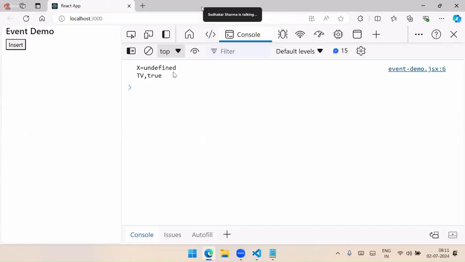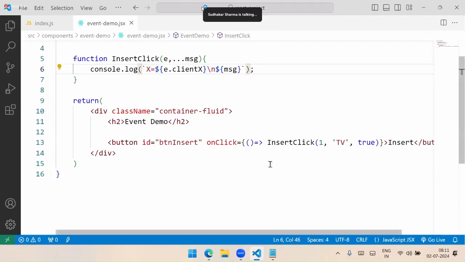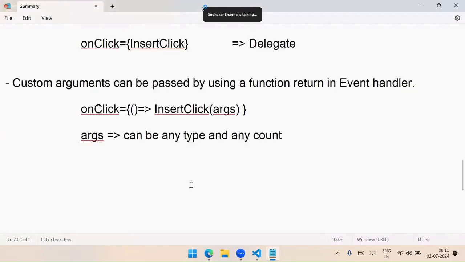When you define custom argument through a function return, then default arguments are not passed, because you are discarding the default arguments and you are passing your custom arguments. That means when you configure a function return like this, it cannot send the default arguments now. Now here, that is another key point. So if you configure a